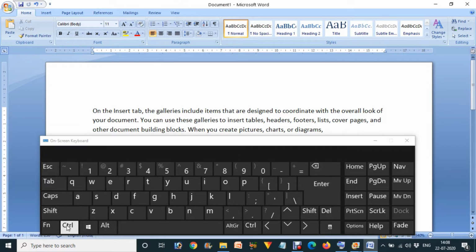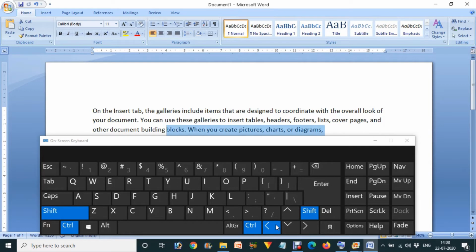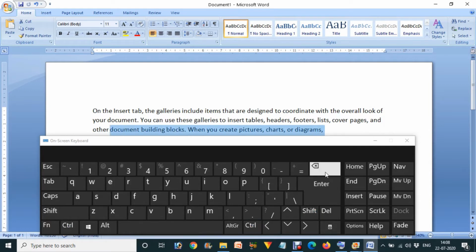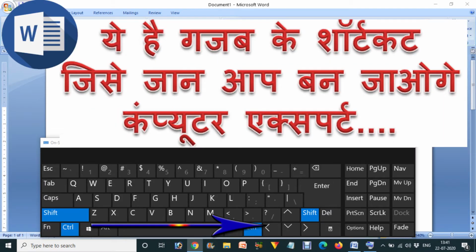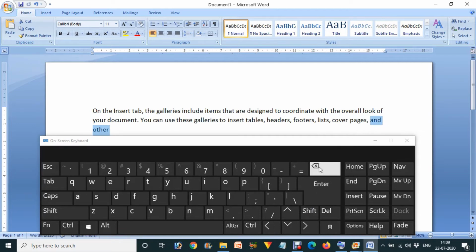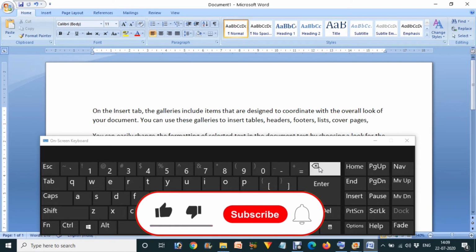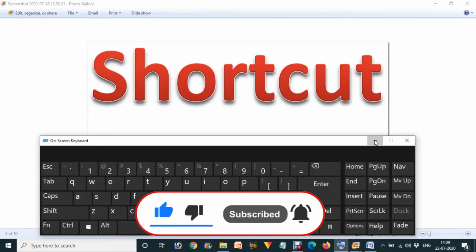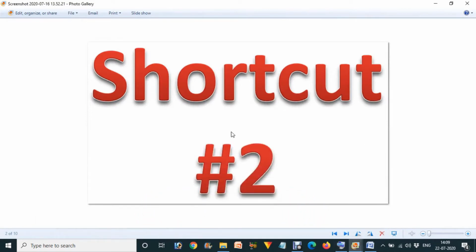Now if we want to do it again, we click the Control button and then the Shift button, and then use these arrow keys, and after that we can easily delete it. If we want to do it backward, I'm selected over here, and then we press Control, Shift and then the backward key, and it has been selected. When we press the back key, it will be deleted automatically. Hope you understand how you can do so, and you know about this shortcut.